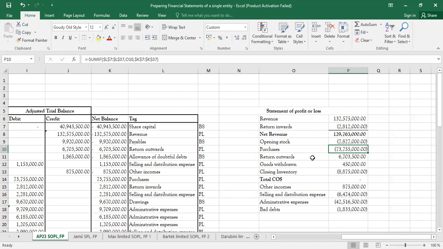So our return outward will be in positive, and Excel has already put them in positive because we will be reducing our purchases, and our purchases are in negative format, isn't it? Same to goods withdrawn, isn't it? But also our closing inventory needs to be in positive because